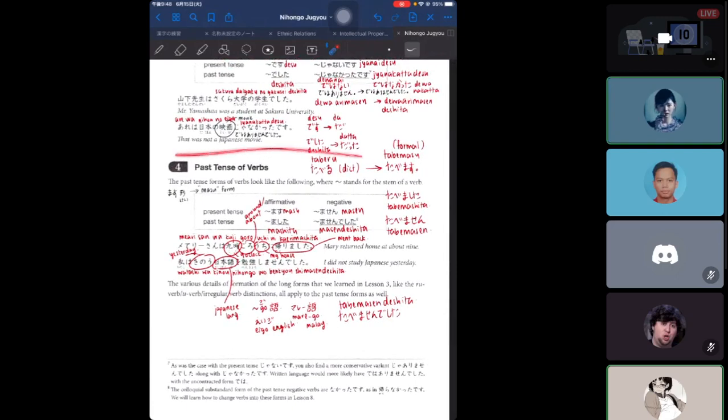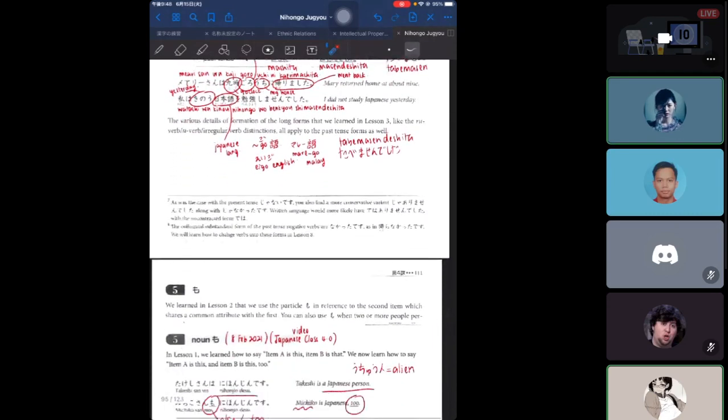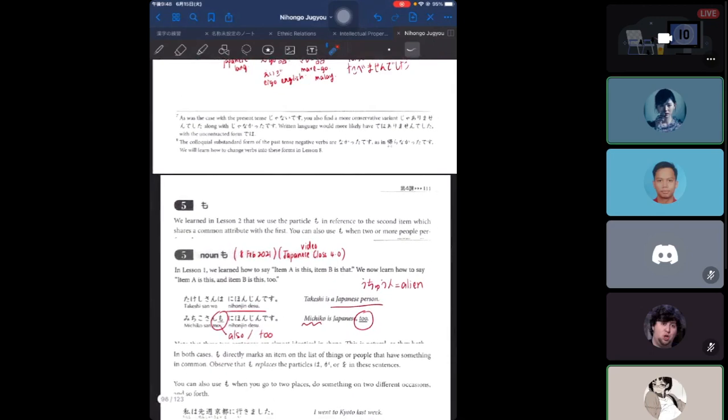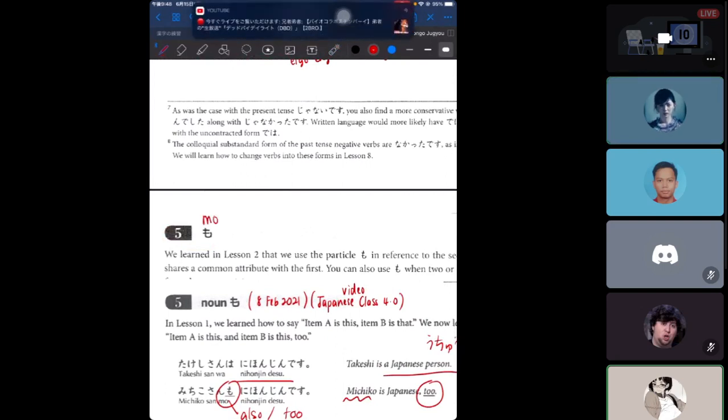Is there any other question? 大丈夫ですか? 大丈夫そうです。 Then we'll go for the next one, which is も. 何々も. So も has the meaning of